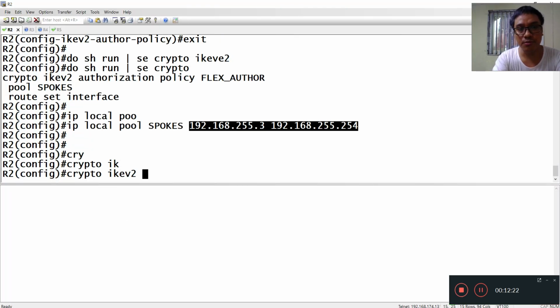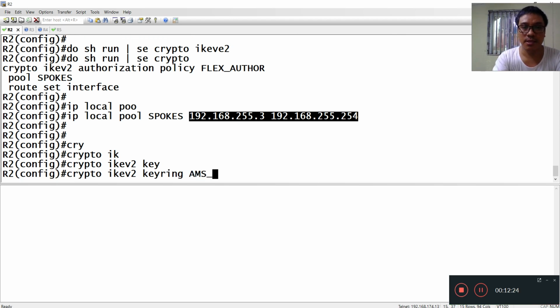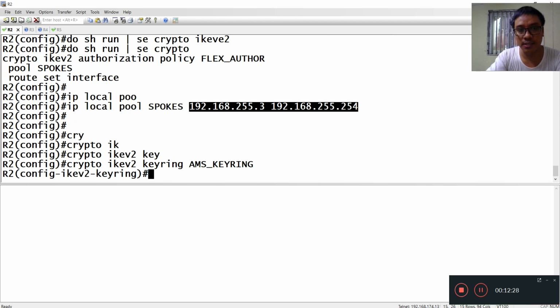Crypto IKEv2 keyring, AWS keyring. You need to define the pre-shared key, and you need to define the remote address in the IKEv2 keyring.